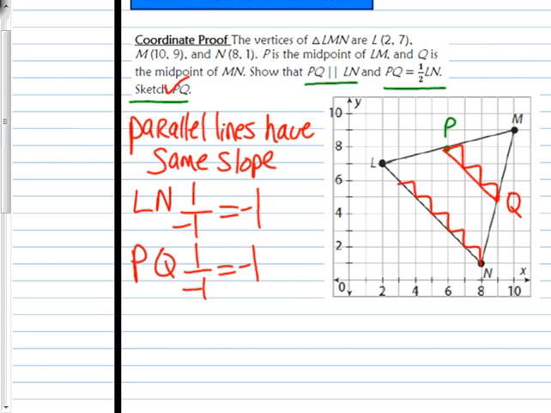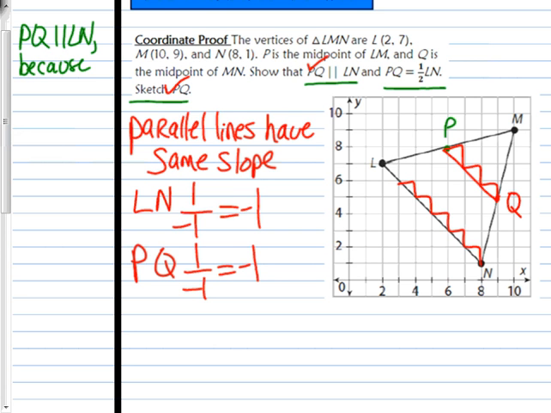So do they have the same slope? Yes, they do. Are they parallel? Yes, they are. So we have proven that as well. And at the end, what we'll do is right here on the margin, we will go ahead and write that. PQ, so in some blank space or over the margin, you can write this, is parallel to LN